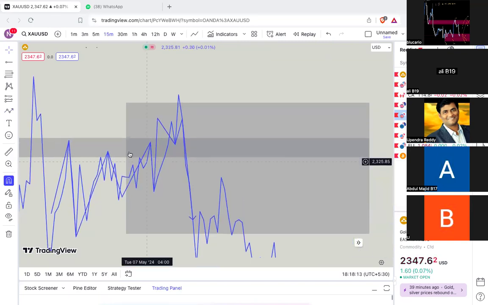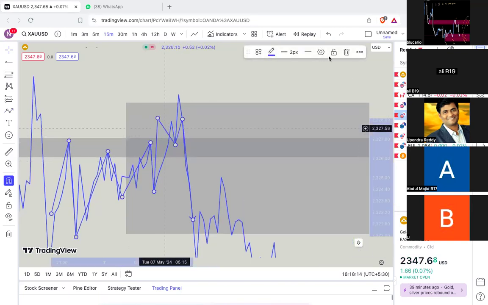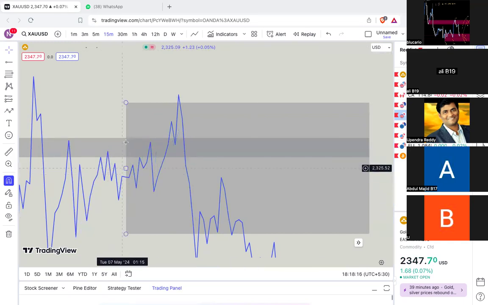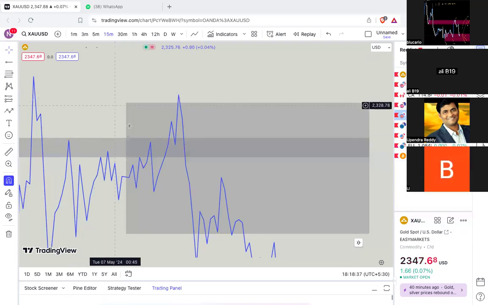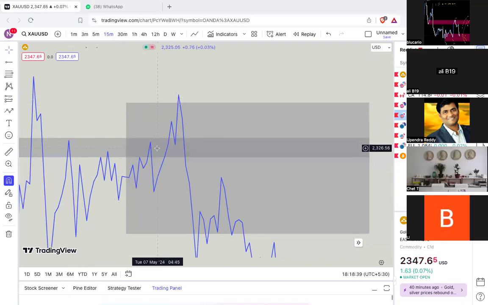So we know that this imaginary box here is acting as support and resistance. You should mark this on line chart. It takes a lot of practice, but you should mark a level or a zone which acts as support and resistance on M15 time frame if you are marking the zone on H4 time frame. Now that we have marked this imaginary box,